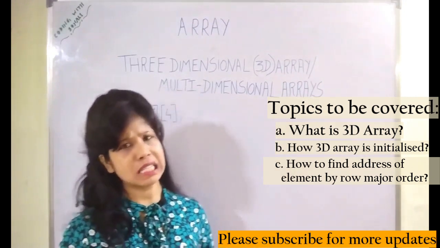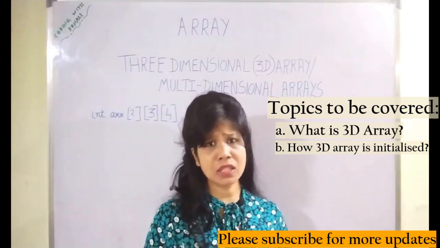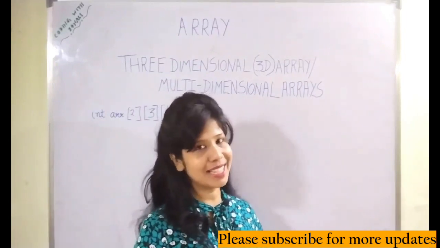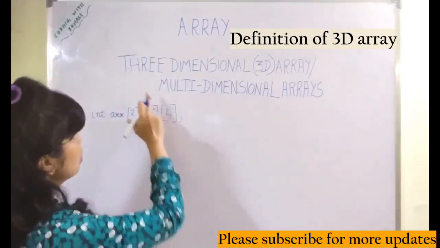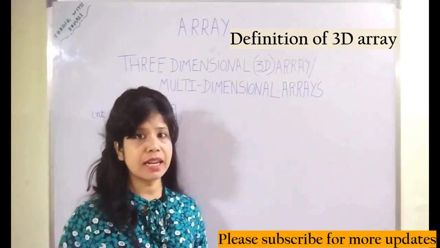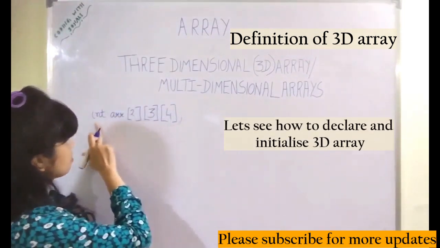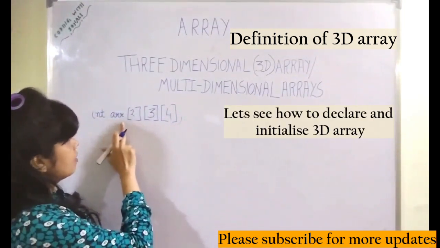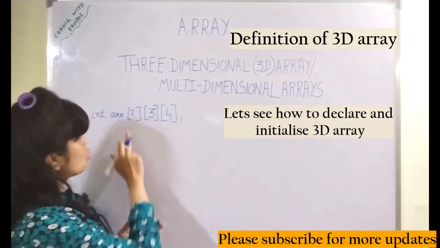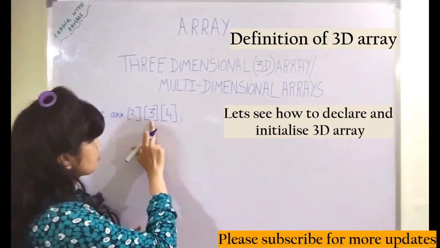So we have already seen the row major order and column major order representation of the elements of the array for a two-dimensional array. First, let's see the definition of the 3D array. By the name you can understand 3D, that is, it has three dimensions. So here, suppose we have an array, and we know that in the case of an array, we have to give the subscripts. Since it's three-dimensional, it will have one subscript, two subscripts, three subscripts.